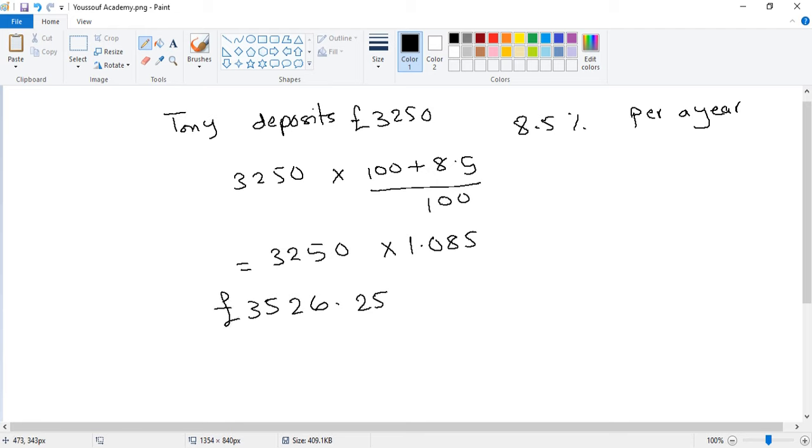So that is the increase of his money, from this amount of money to this amount of money. Okay. This is the percentage